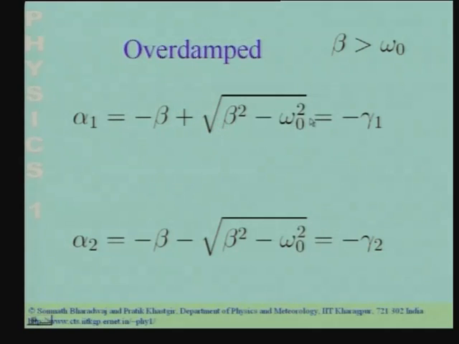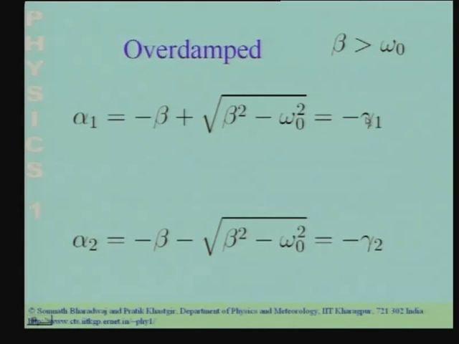See, if beta is greater than omega naught, the term inside the square root is positive. So, the square root is real, and you have these two roots: minus beta plus square root of beta square minus omega naught square, and minus beta minus square root of beta square minus omega naught square. Now, for an overdamped oscillator, this number inside the square root, after I have taken the root, is going to be less than beta. So, these two roots alpha 1 and alpha 2 are always going to be negative, both of them. So, instead of dealing with these two negative numbers, it is convenient to introduce